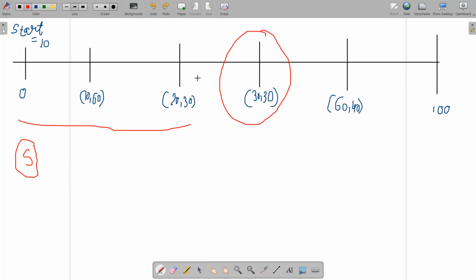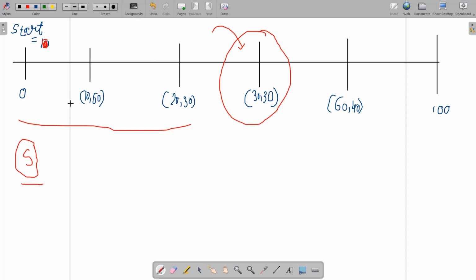And suppose when you have encountered this station, you have come up to this station, and you have found that the start fuel is not sufficient to come up to this position. Don't get confused that the start fuel is 10; I'm talking about the general case of start fuel S. Now when you have encountered this station and found that the start fuel is not sufficient to come up to this station, then you must think about what to do.